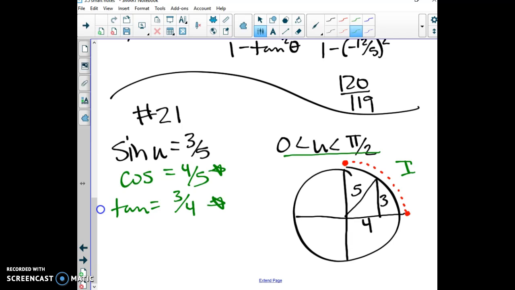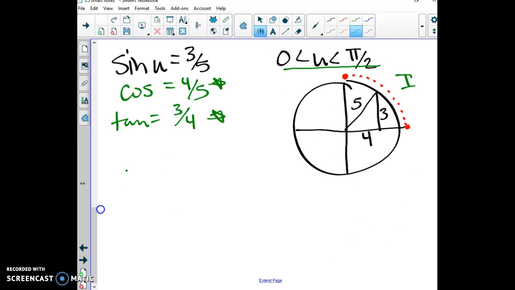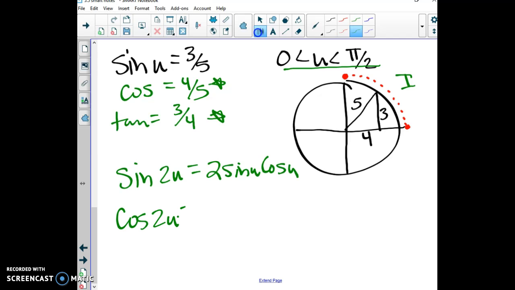So we're going to go ahead and use the formulas just as we did above, and the sine of 2u, not theta, 2u is 2 sine u cosine u, and the cosine of 2u is going to give, now there are several options for this,